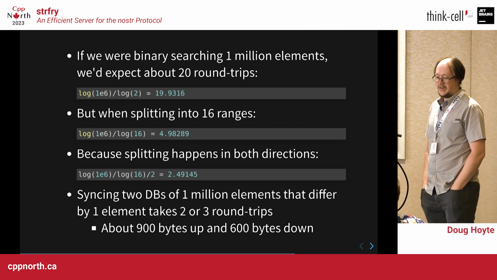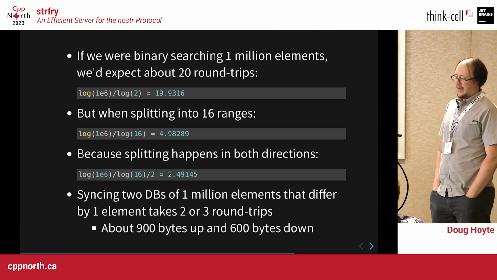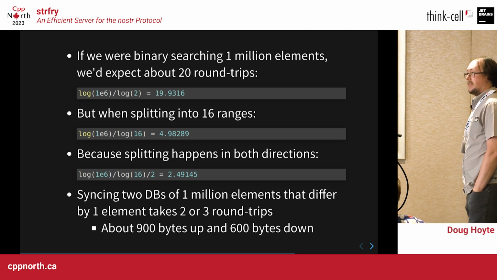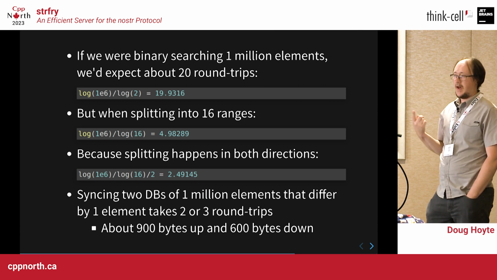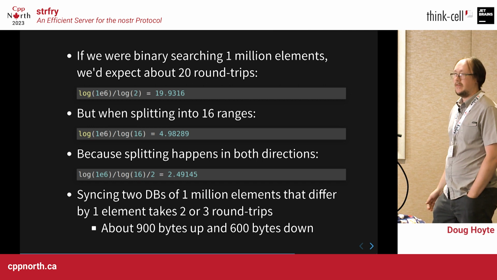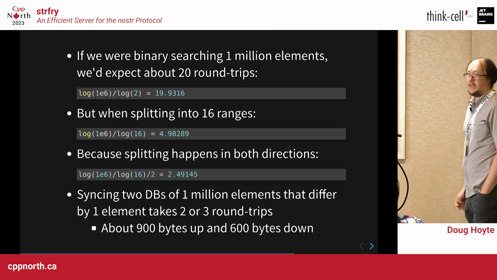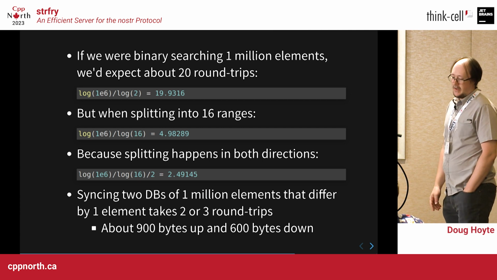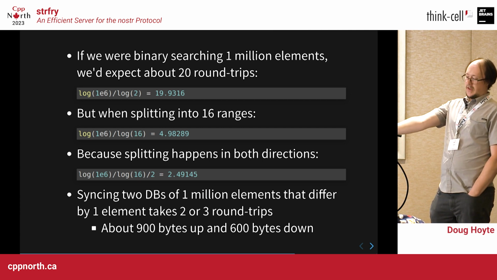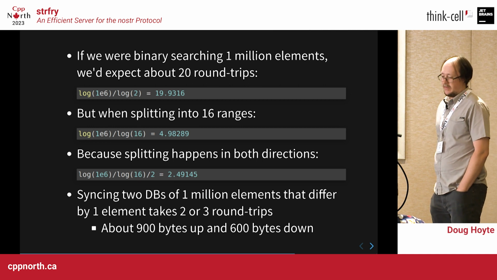But in this case, we'll need about 5 operations, right? And then the other thing to notice is that if we're talking round trips, each round trip actually has 2 different splittings that can happen, right? So in fact, it would be about 2.5 round trips to compute this one element difference in a set of 1 million, right? So the long and short of it is that syncing these 1 million element databases will take about 2 or